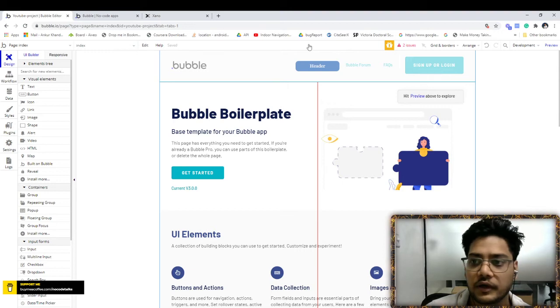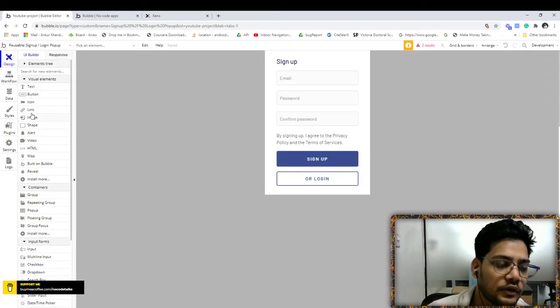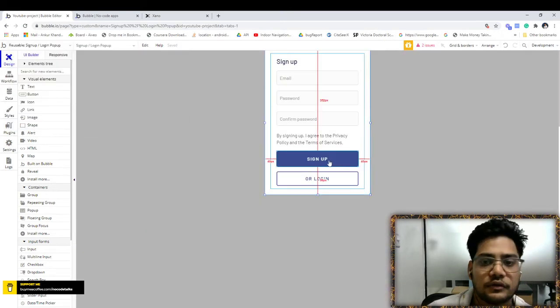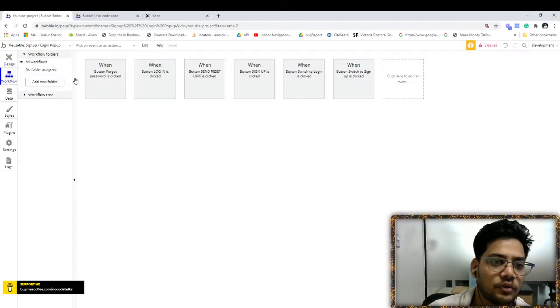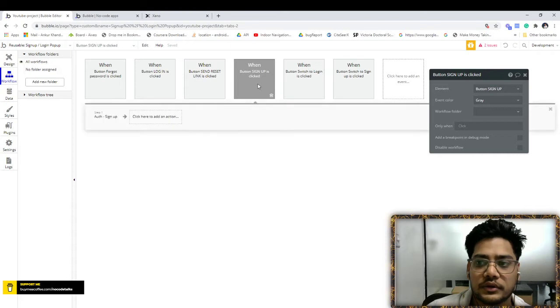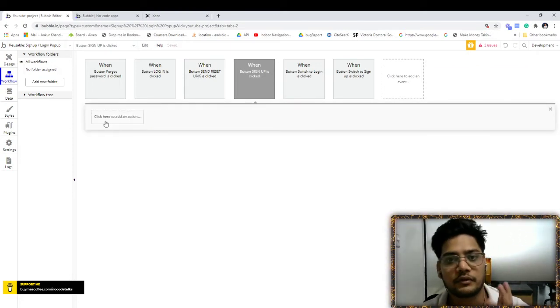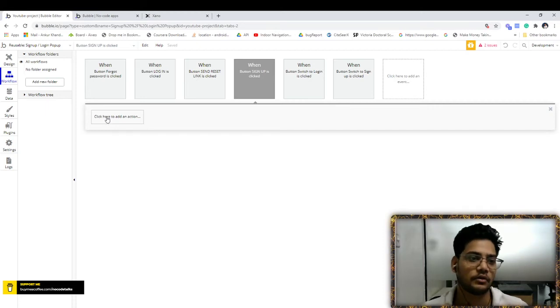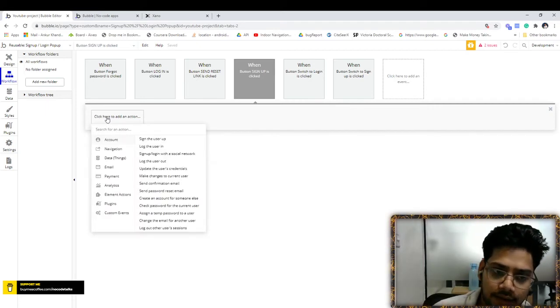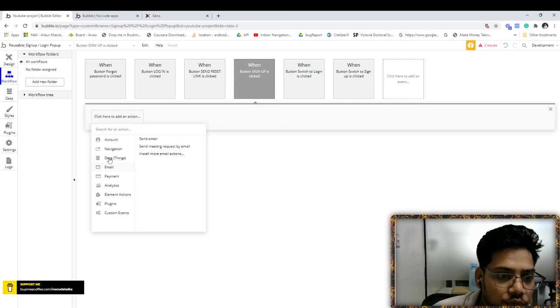For example, just figure out where it is. It is in the reusable section. This is the sign up button. Now click on the workflow. Click over this. Just remove this. Basically, I was doing a second video, that's why it got removed. But when you click on the click here to add an action, go into the